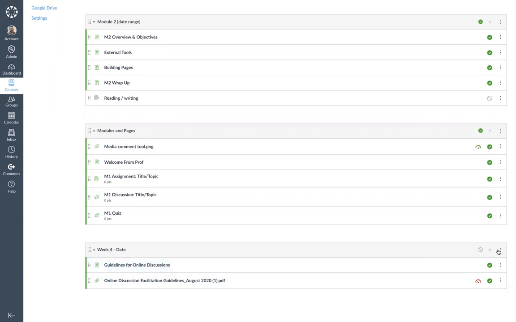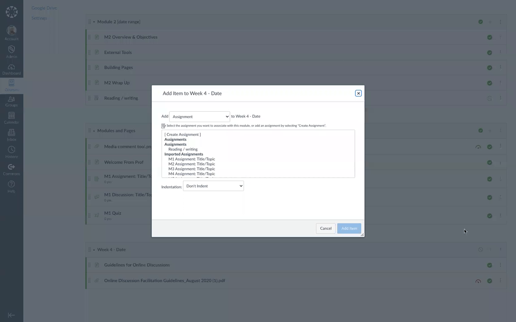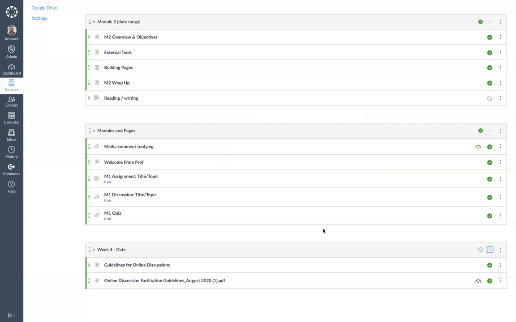You still have other options, as I mentioned before, to add as assignments, discussions, text headers, external URLs, external tools, etc. And this has been a quick tutorial on how to start adding some basic elements to your Canvas course.